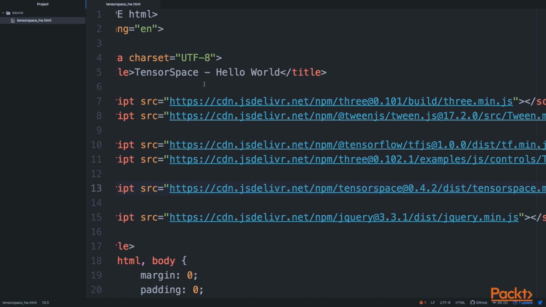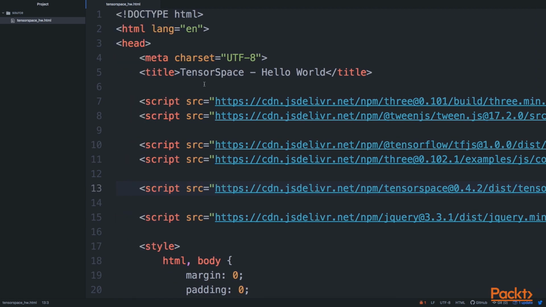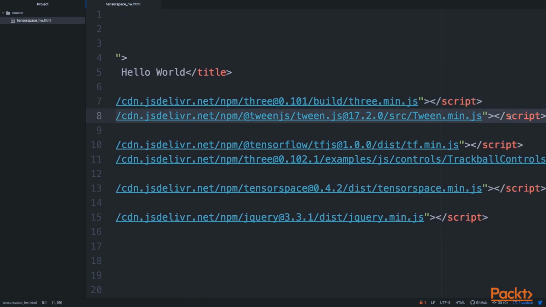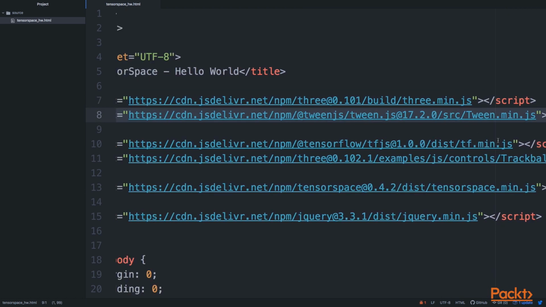Here we want to keep things really simple. We don't want to get into details about dependencies too much, but you still have to remember to keep the dependencies in the right order. One of the first things we need is to include all the necessary libraries that TensorSpace is actually using. We're starting with the Three library. This is the 3D rendering library that TensorSpace is using to show our neural networks. Then we also have the Tween library, and then we have the